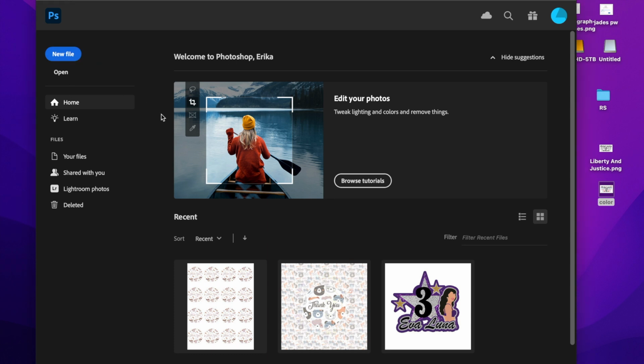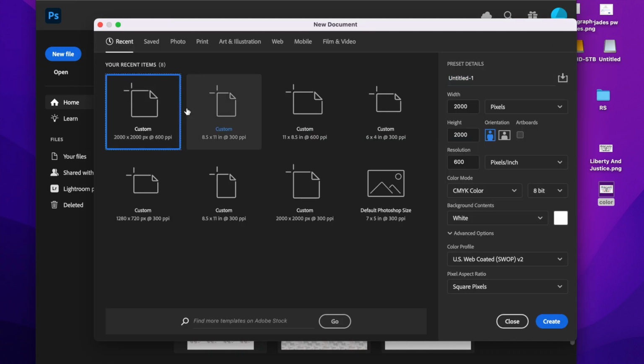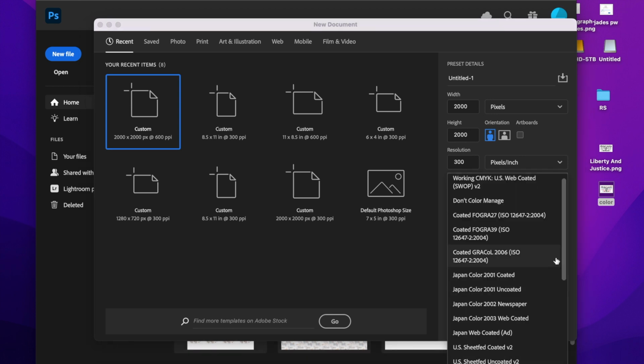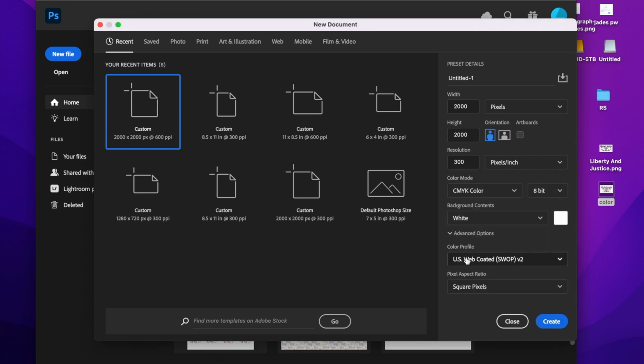So I always work in squares when I create designs, so I'm going to do a 2000 by 2000. Just a quick rundown on my preset details. It is supposed to be at 300 resolution, CMYK color, and the background is white. This is the correct color profile, and then my pixel aspect ratio is in square pixels,